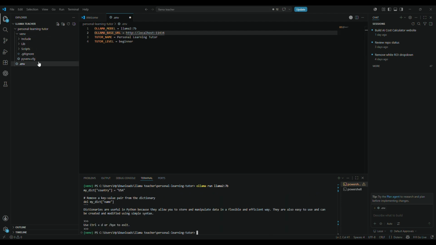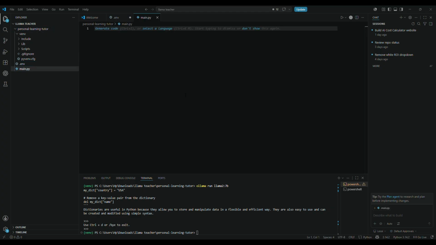We have an environment variable too. So let's get on to creating a main.py. Okay, so let's think, what will we be needing? First of all, we will definitely be needing